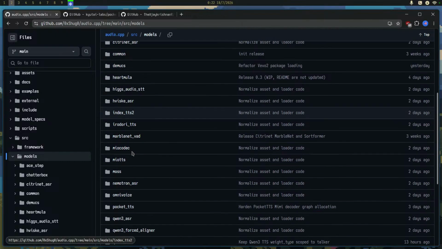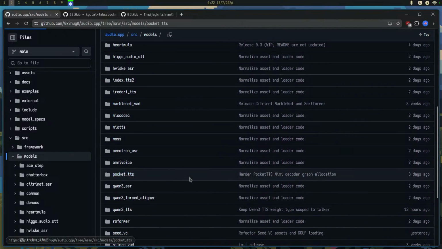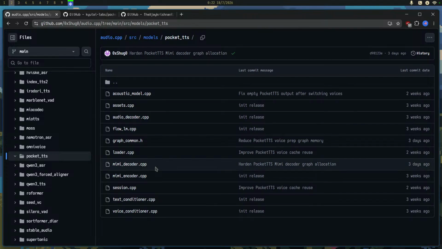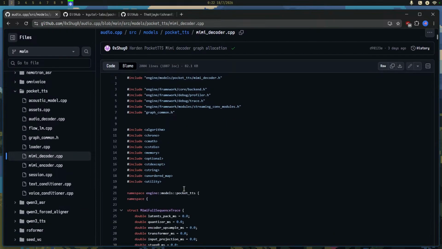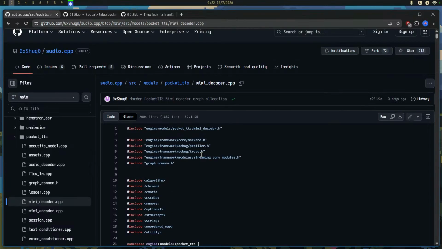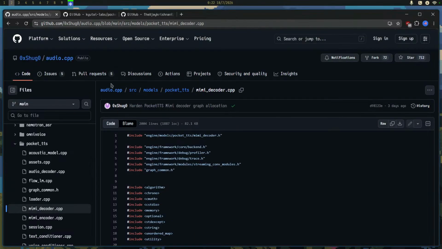I checked how they are doing this inferencing, at least in the case of Pocket TTS, and as far as I have looked, they are using GGML. I know that they also support CUDA GPU inferencing, but Pocket TTS works really well on CPU.